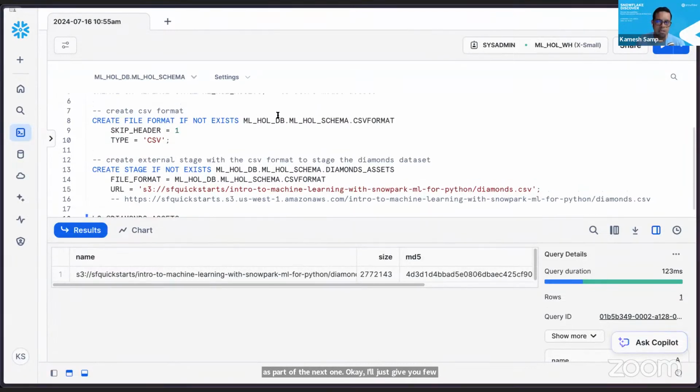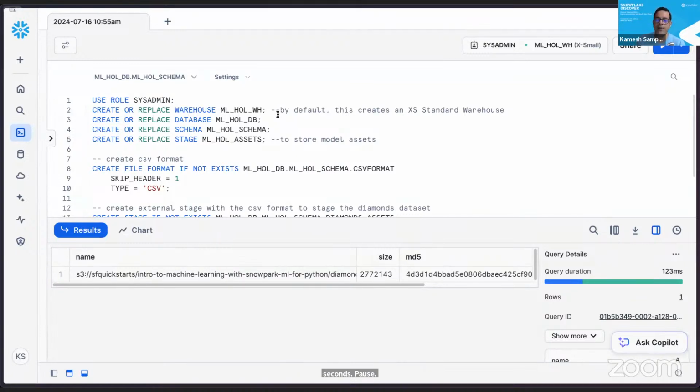So just to run these things, very important, and again I'm highlighting it: your role, your warehouse, the database, and the schema. These are very important when you run your SQL commands or Python commands on the worksheets. Otherwise, even Snowsight is smart enough to tell you that you don't have the right role, you don't have a database context to execute, you don't have a warehouse to execute. Wherever these are required, it will say so, and the green dot here says that this compute is started.